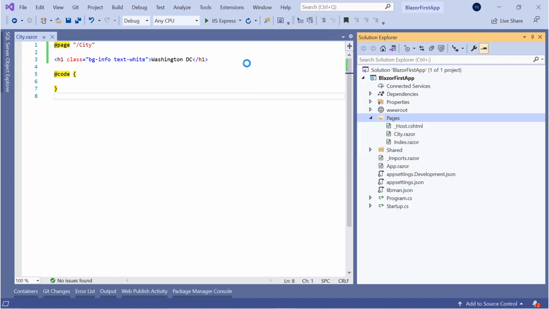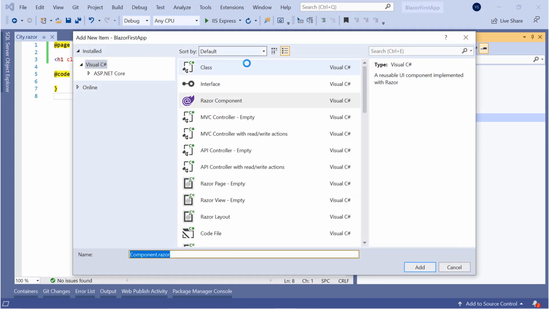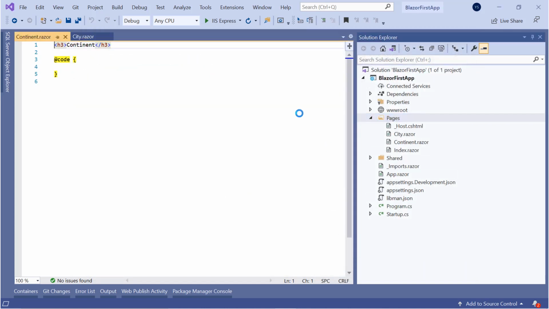So this is my first Razor component. Next, add one more Razor component and call it continent.razor.